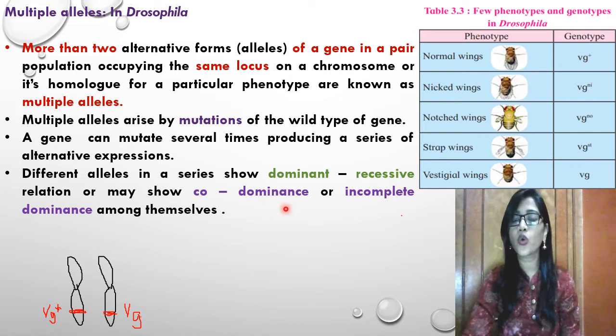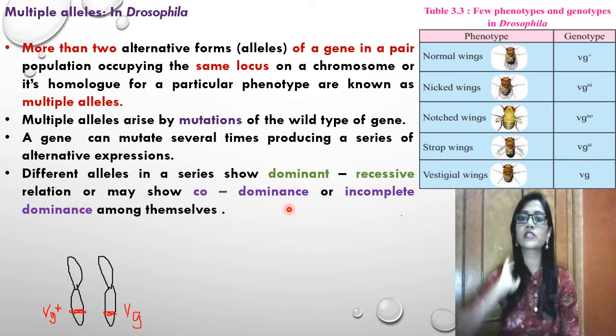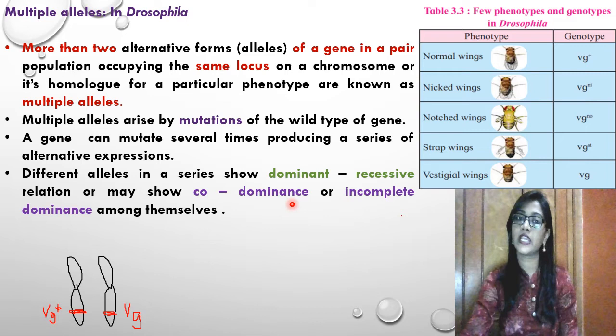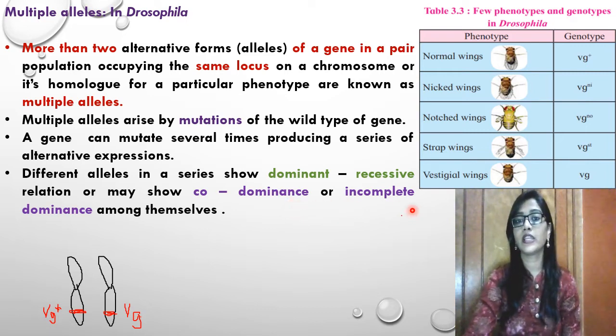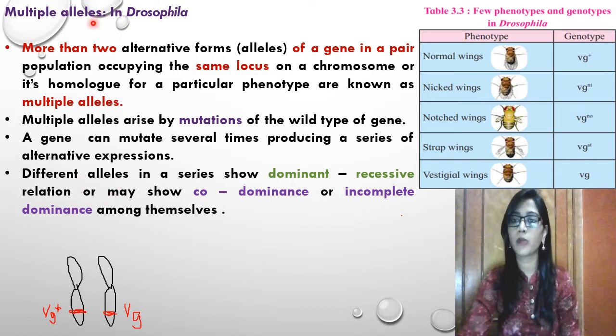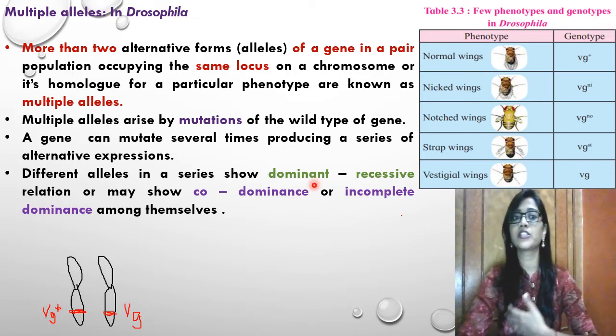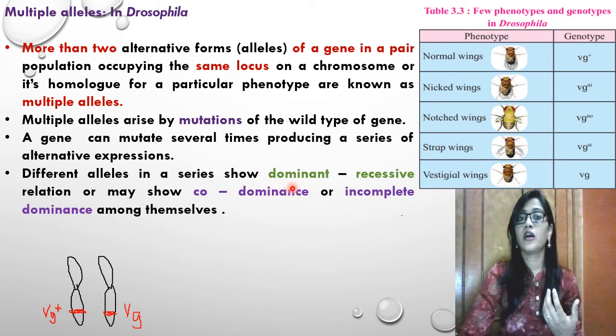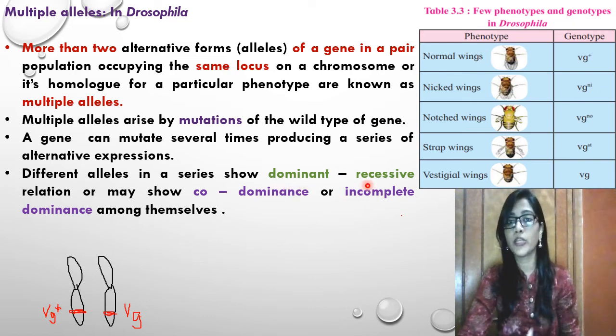We have studied codominance while studying the blood group system, where AB blood group is the example of codominance, while there are also chances of incomplete dominance in different alleles. When we talk about multiple alleles, they can get expressed in this way also. So there are three chances: the alleles show different phenotypes or genotypes if they are expressed as dominant or recessive, or as codominance, or as incomplete dominance.